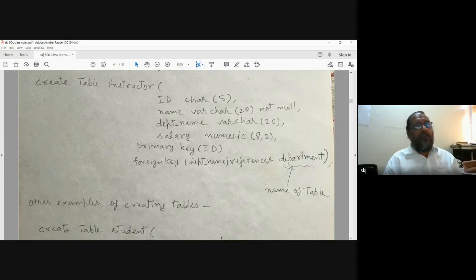So in a table, one attribute we define as a primary key, but if we use the same attribute in some other table, it is an ordinary attribute there, but its identity will be foreign key. Because it is a key, we use the term foreign key. This is an easy way of understanding.